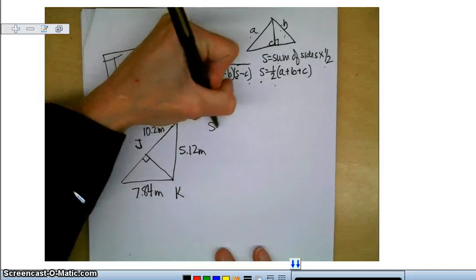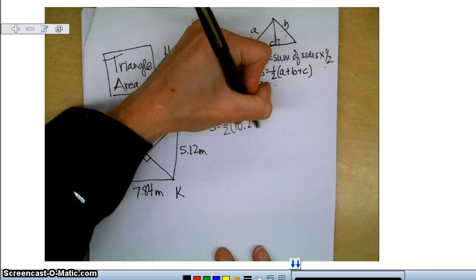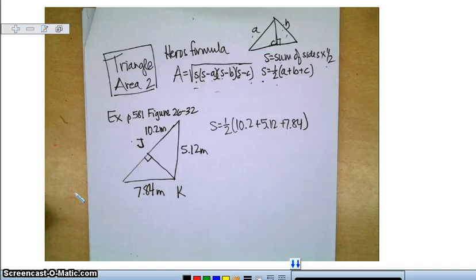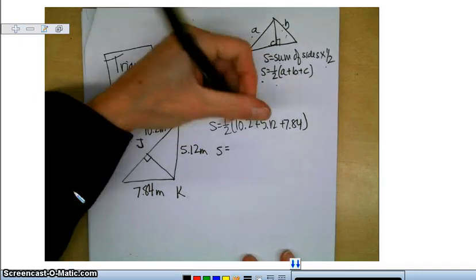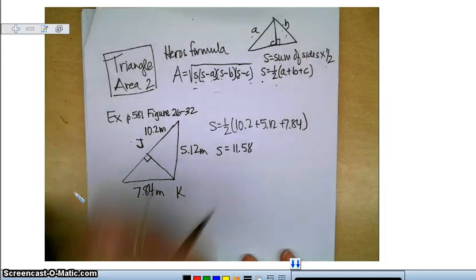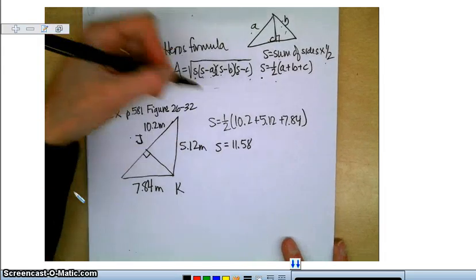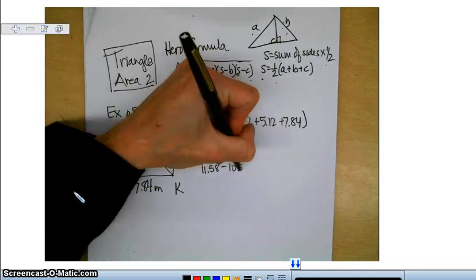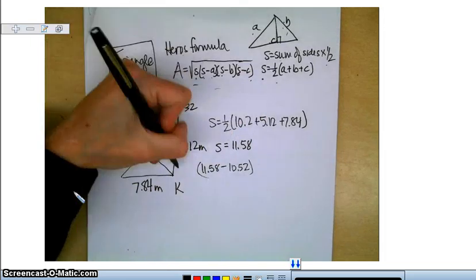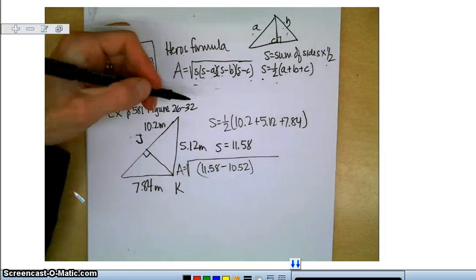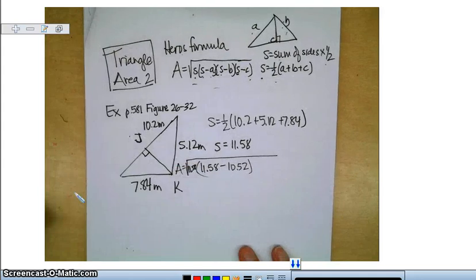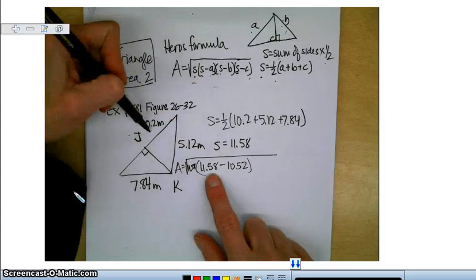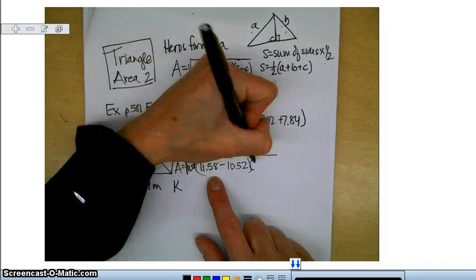So we're going to find S. S is equal to 1/2 times 10.2 plus 5.12 plus 7.84. When we work all of that out, S ends up being 11.58. Now we're going to take the formula. A is the square root of 11.58, that's what we found for S, times S minus the first side, 10.52, there's our first side, and then 11.58